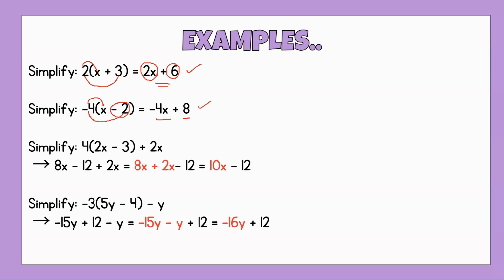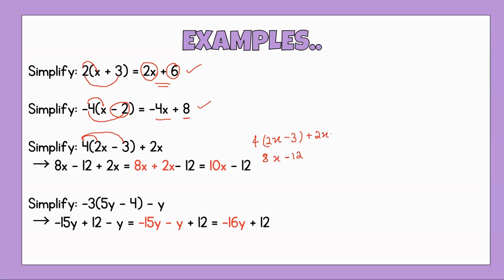So we have 4(2x - 3) + 2x. 4 into 2x, 8x. And then 4 into 3, 12. So 8x minus 12